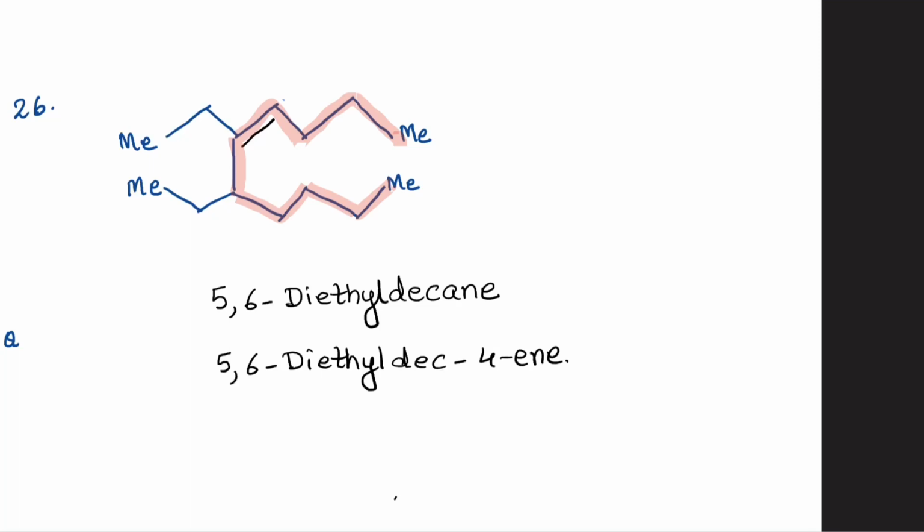There you go. So we have position number 1, 2, 3, 4, 5, 6, 7, 8, 9 and 10. The substituents again remain the same. CH2CH3, CH2CH3. So it's diethyl at carbon number 5 and 6. Dec-4-ene. And what do you get for doing this question right? Yes, you get 2 good smileys here if you did attempt it and got it right.